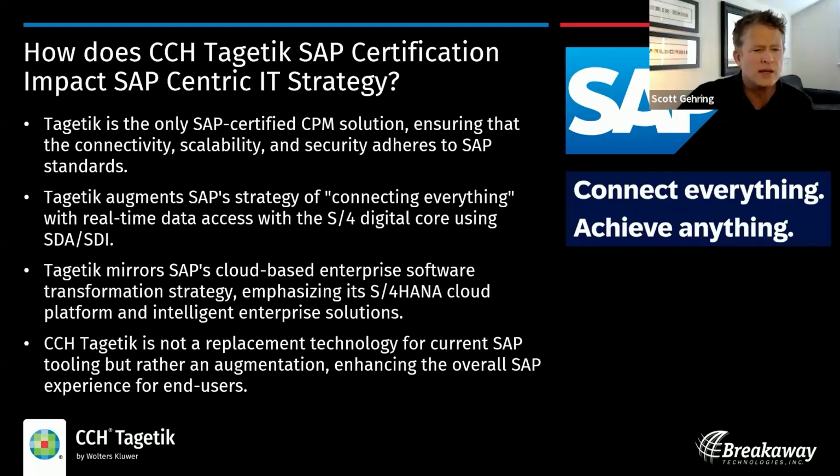And then also, if you look at SAP strategy, looking into 2025 and beyond, it's this connect everything approach, which is really S4 as the digital core of the organization, and then everything else connects to that. I think Tagetik augments that SAP strategy perfectly with the use of real-time data access. With the S4 digital core, it's really connect everything real time, and Tagetik uses the SDA, SDI, and HANA-based technologies to actually